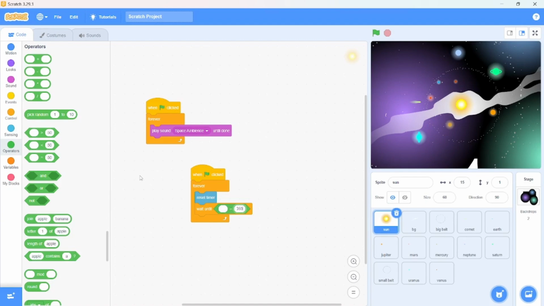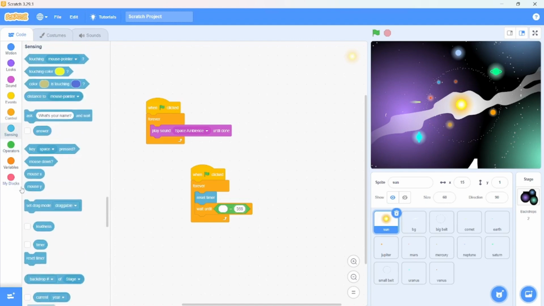I'll just explain to you in a simple way what we are going to do. But for now, just see what we are doing. And here you will have this timer. So just add this time. So see, when you run it, the sound will be played and all the planets will also revolve. So we are done with the sun.